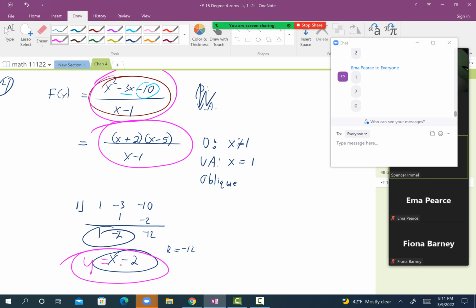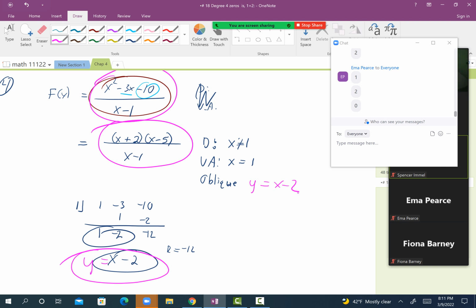They fit like a puzzle piece. So what does that x minus 2 represent? The oblique asymptote. Exactly. So that is your oblique asymptote. When you divide the top and the bottom of those two things, it's going to give you your oblique asymptote. I'm giving you that information, but on a test, I'm not going to ask you what